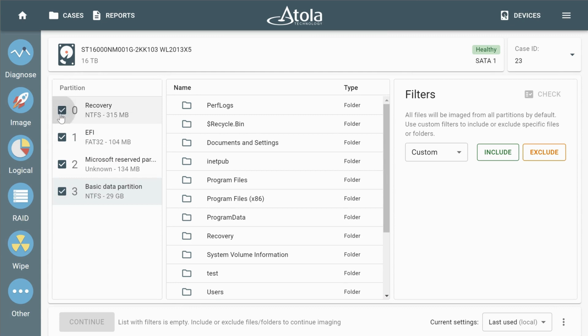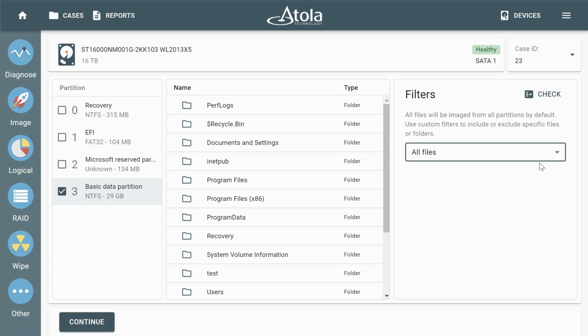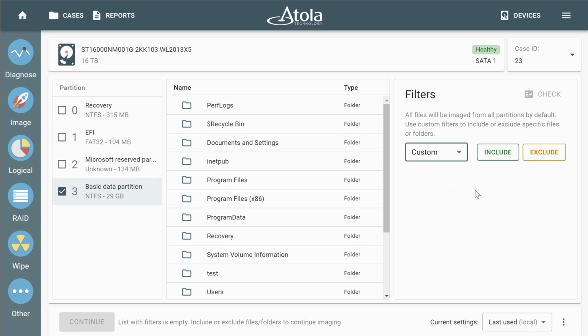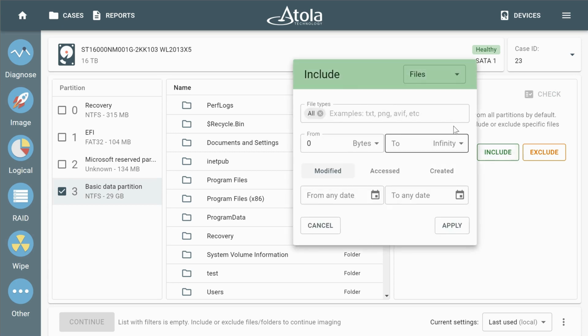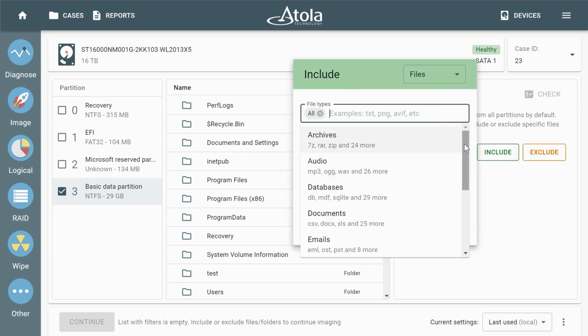Logical imaging module in Atola TaskForce has powerful and flexible filtering settings. If you choose all files, you image basically all the files you can find on the drive. Or you can choose custom filters to include or exclude only certain types of files and folders. You don't have to come up with the file extensions or names, it's already built in. Here, we want to include only audio,